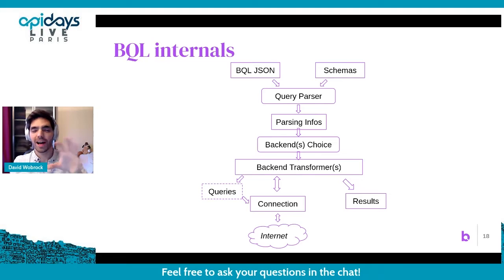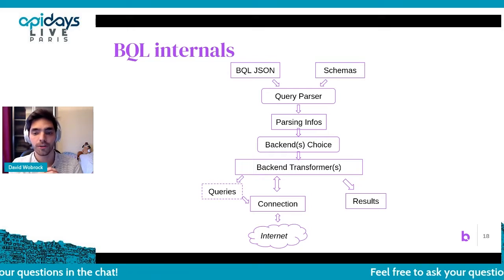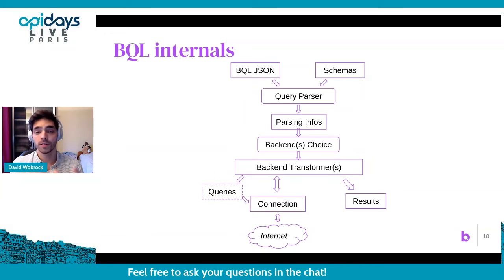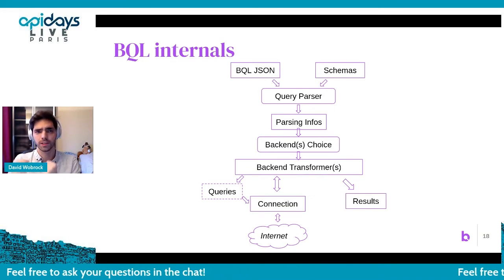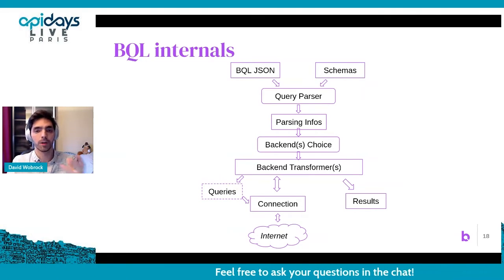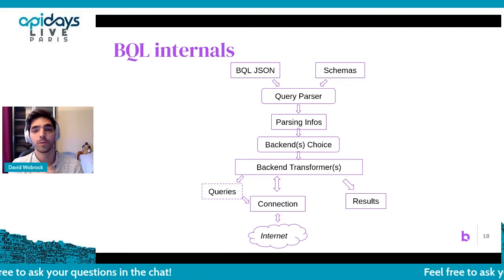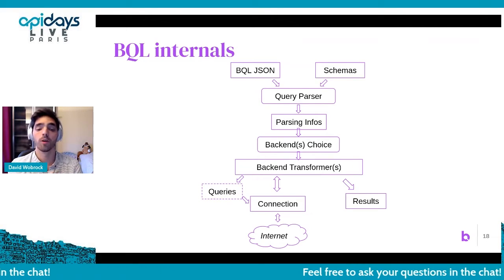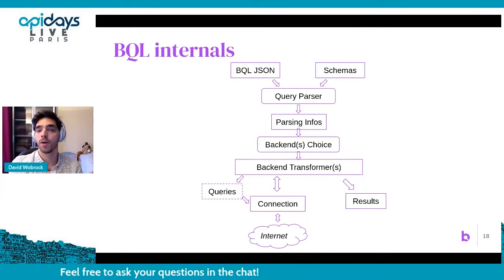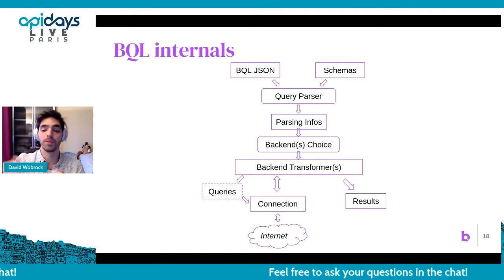So if you dive a little bit into how this works in theory, you have this JSON layer, this JSON object that is passed through the API. Then you have the schemas, which are defined internally to say, okay, these are different databases that we have. These are different fields that exist in there. They're available on this backend, on that backend. Both together will be parsed. We have an intermediate representation of the initial query, which will be called parsing information, where we'll know, okay, someone queried the average loading time on their entire website. And we know, okay, this data is available on this database, so we're going to be able to query it there.